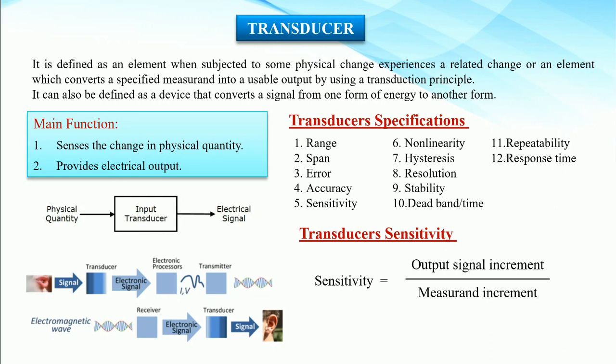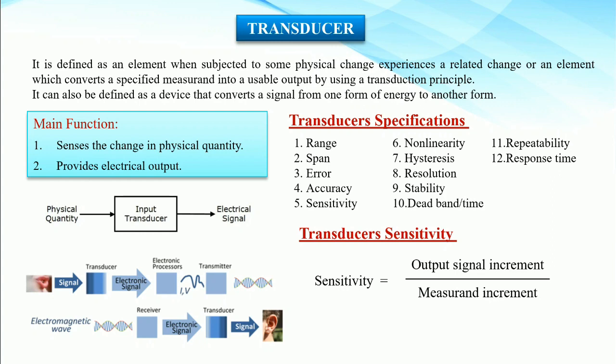Now transducers and measurement systems are not perfect systems. A mechatronics design engineer must know the capability and shortcomings of a transducer or measurement system to properly assess its performance. There are a number of performance-related parameters of a transducer or measurement system. These parameters are called transducer, or you can say sensor, specifications.